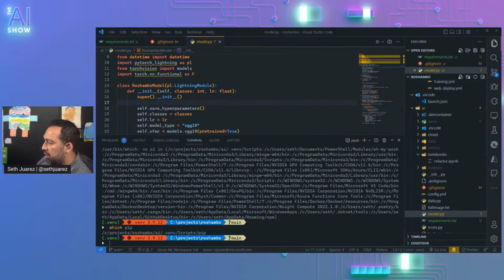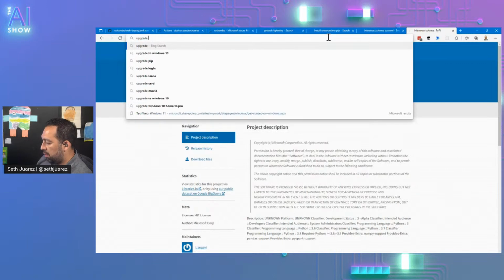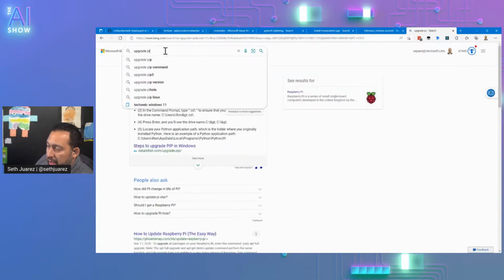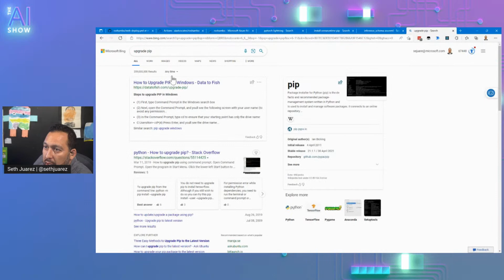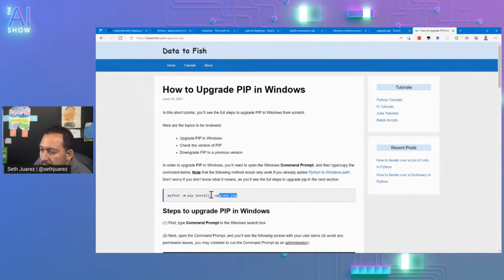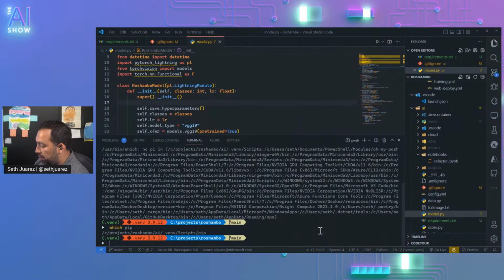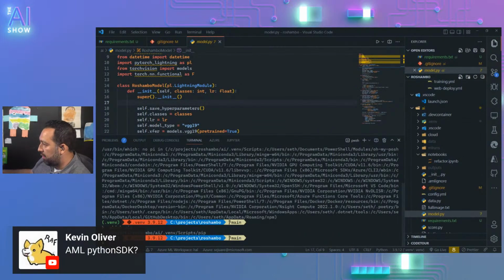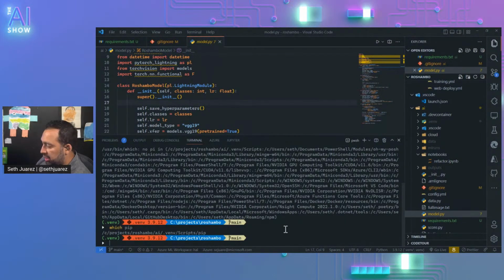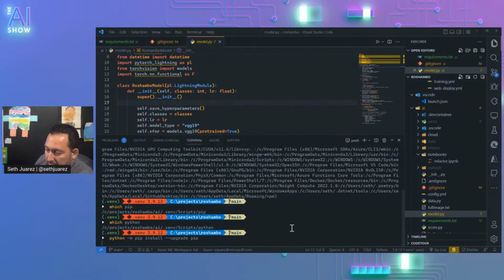How do you upgrade pip? I forgot how, because it always starts with an upgrade pip. Not pi. Pi is unupgradable. How to upgrade pip? Here we go. There it is. For example, if I say, I'm sorry, I'm over here. If I say which python, it'll tell me it's this Python. So if I run this command, it's going to use that Python. So let's upgrade it.